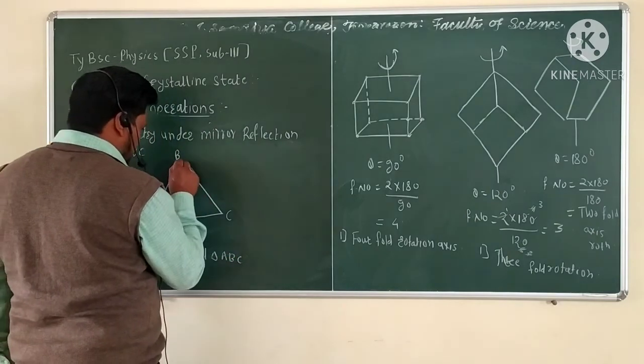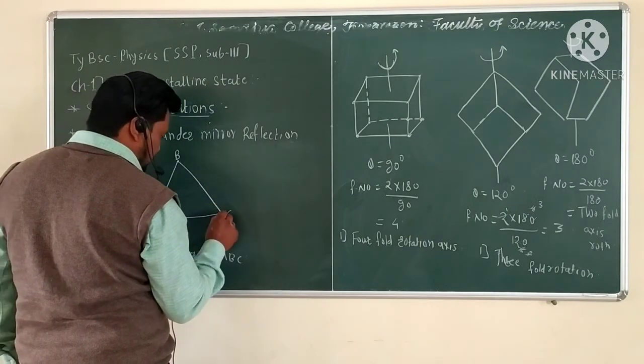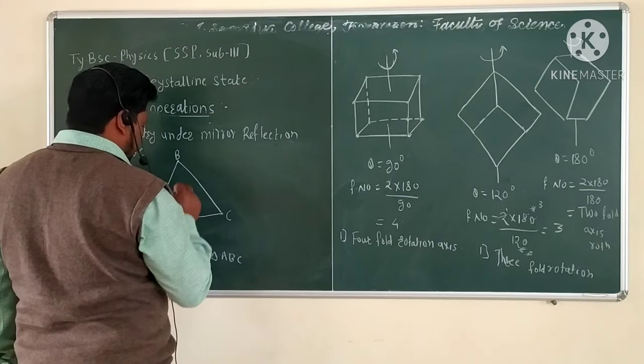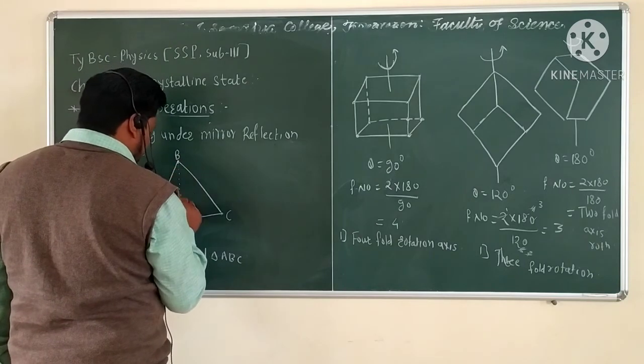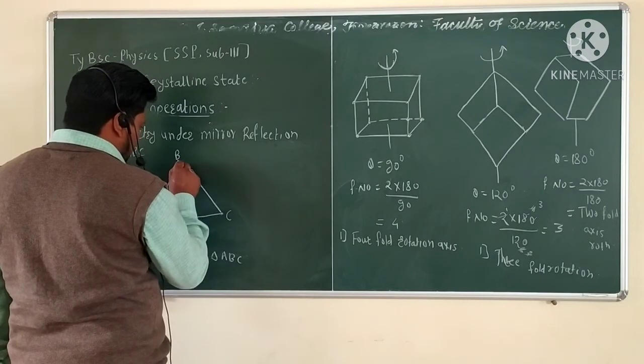So the vertices, that identical lattice point or lattice identical atom which is given is there, and we have to see that. So at this altitude